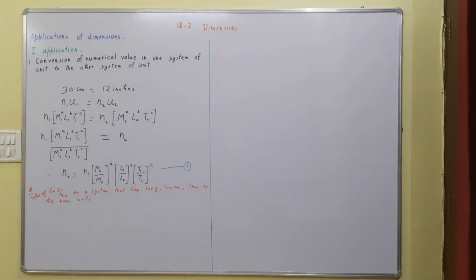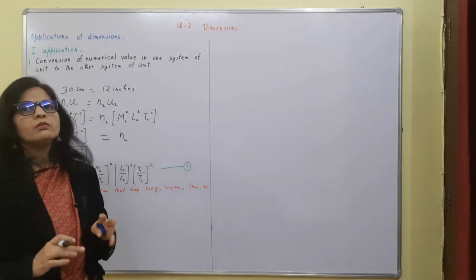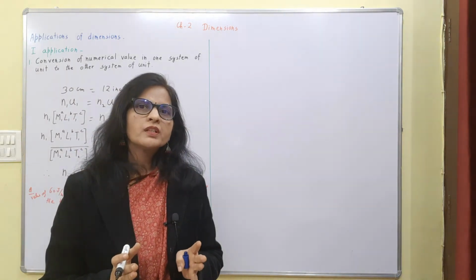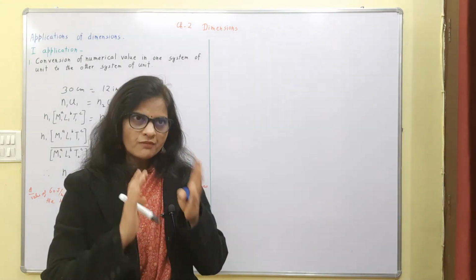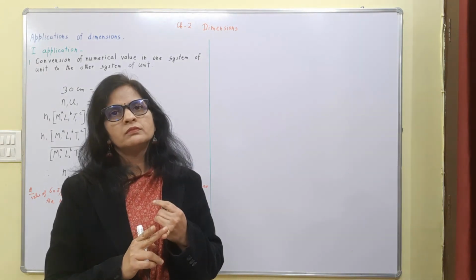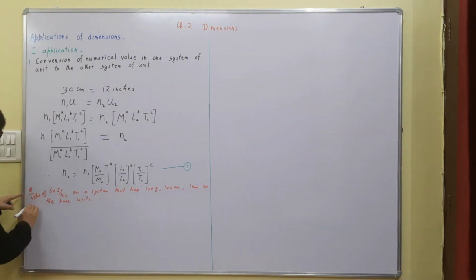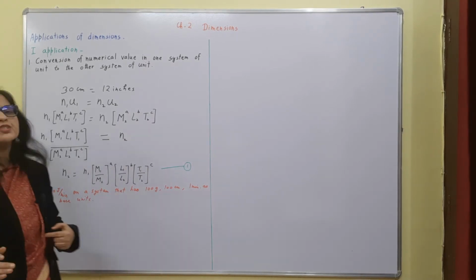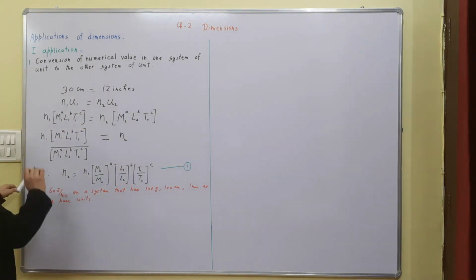Now if we look at this value, joule per minute, joule is SI system and minute is not a specific system. So we can't give this system of unit a particular name. But if we convert this into joule per second, we will be in a position to give this system a name, which is the SI system of units. So the first trick in this question is to convert this unit into such a system which can be given a particular name, so that we are able to write M1, L1 and T1 for the known system.